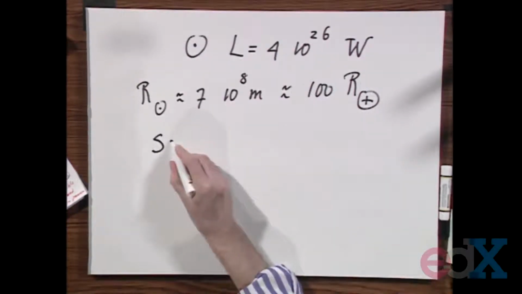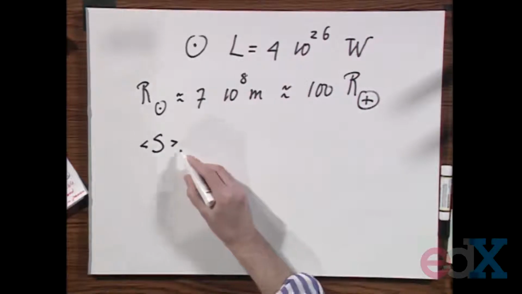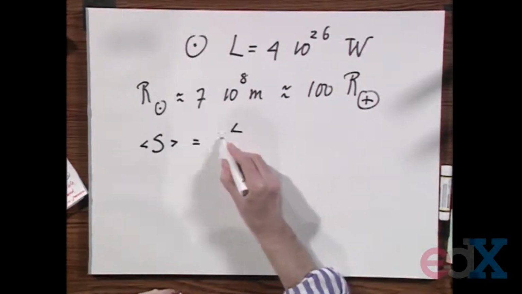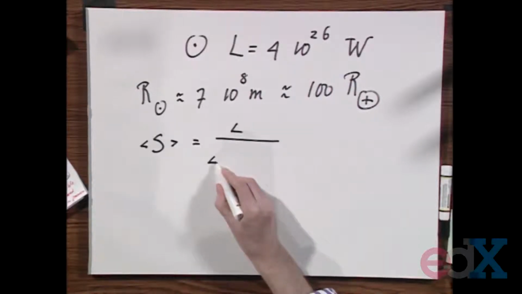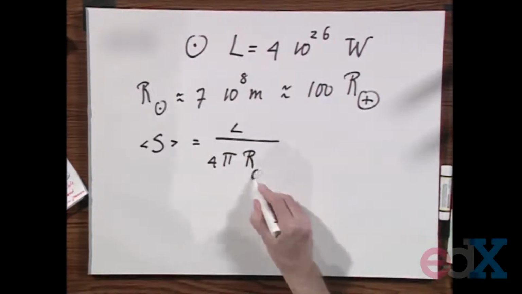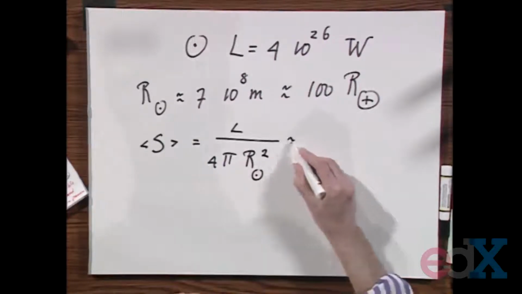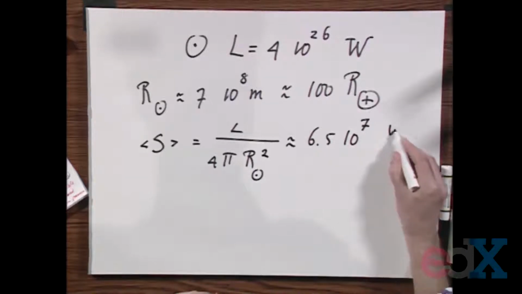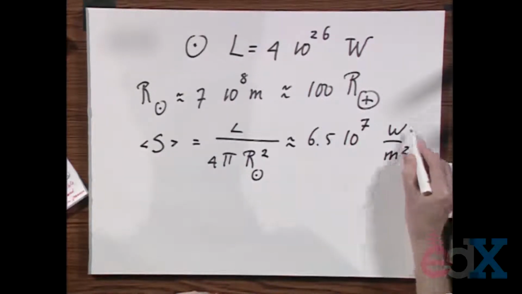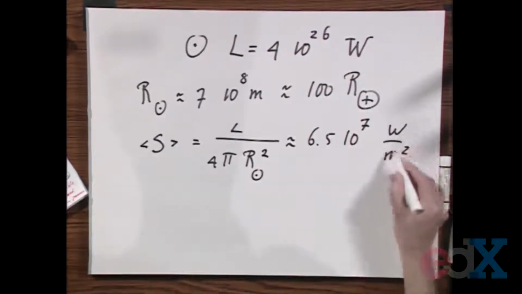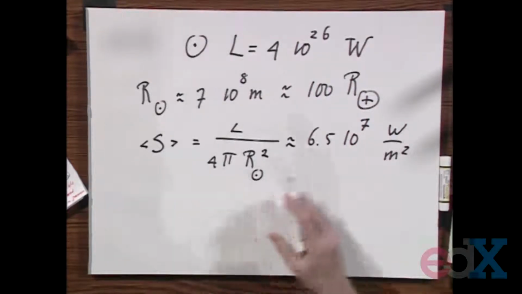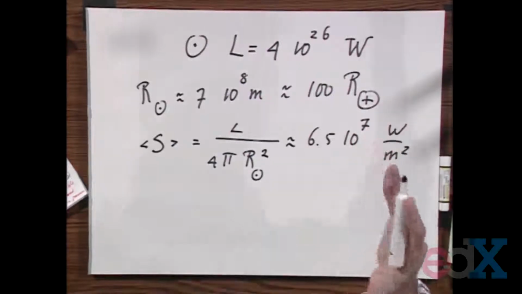And if you calculate the mean pointing vector at the surface of the sun itself, you'll have to take L divided by 4 pi r of the sun squared, and that gives you a number 6.5 times 10 to the 7th watts. Every square meter coming out of the surface of the sun is 6.5 times 10 to the 7 joules per second. Now, if I were to hold a surface there at the surface of the sun, no pun